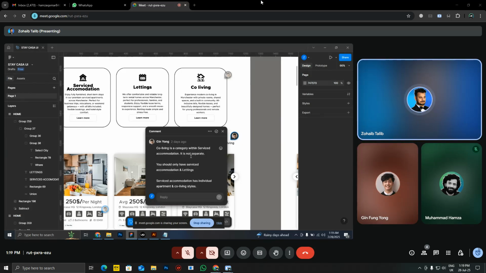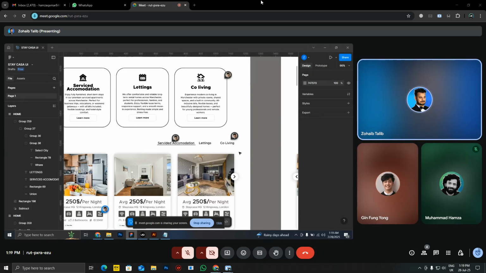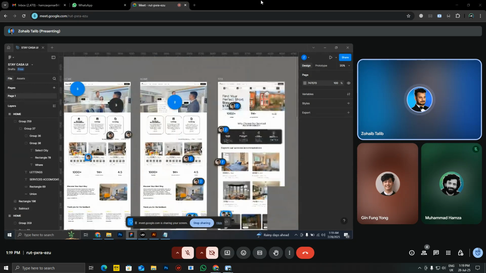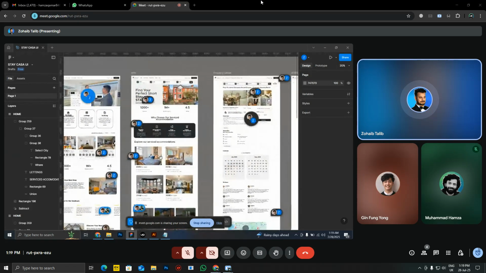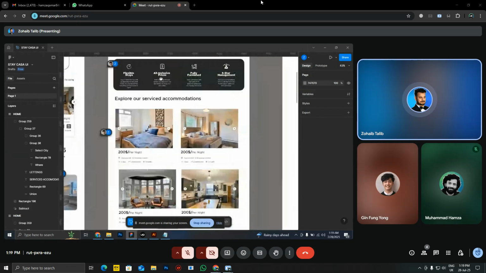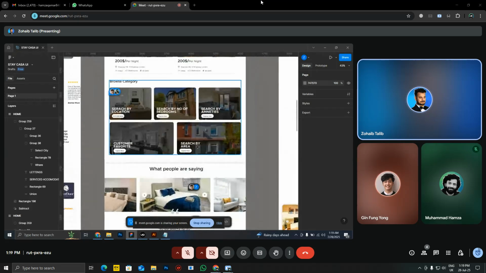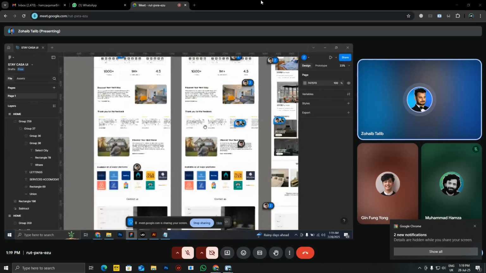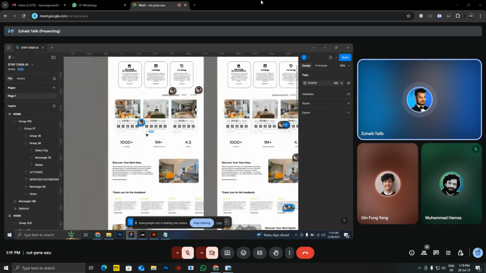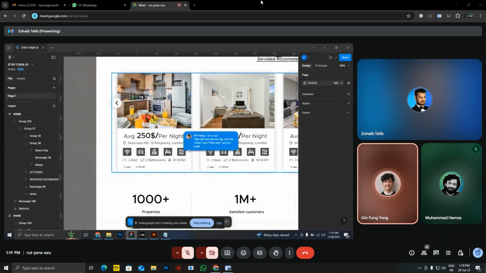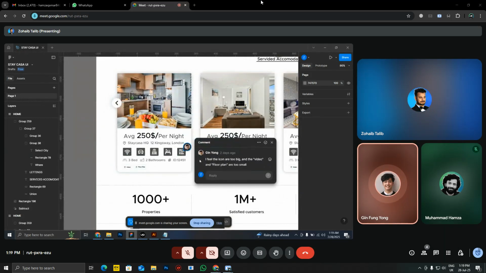And co-living is a category within service accommodation. It's not separate. Okay. So what we're going to do is share the co-living category over there because it's a service accommodation category, right? Yeah. So I'll remove it from here as well. Yeah. And after that, if you go back to the landing page,